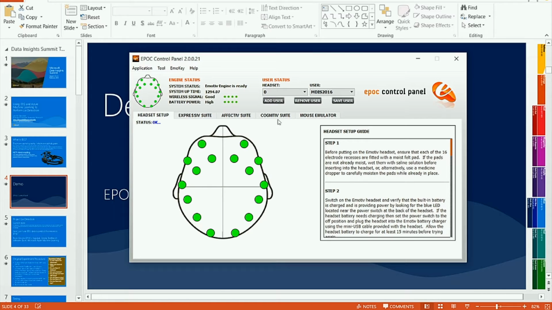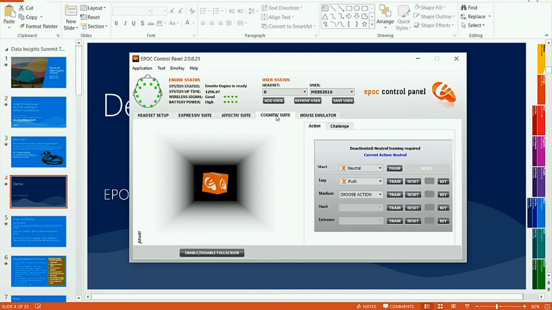I just want to show you one quick thing, which is this cognitive suite right here. This is using something that is not actually machine learning. It is just basic pattern matching. But if any of you have studied machine learning, you might know that very basic, very early artificial intelligence, pattern matching, was a pretty effective way of simulating an AI. Is anyone familiar with the ELIZA project? ELIZA by Joseph Weizenbaum at MIT in the 1960s? Okay, ELIZA was